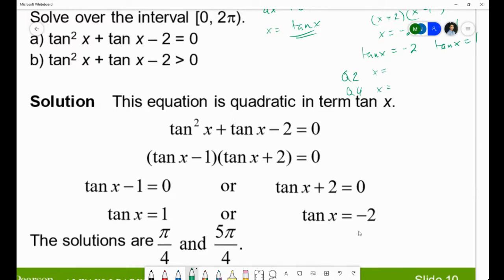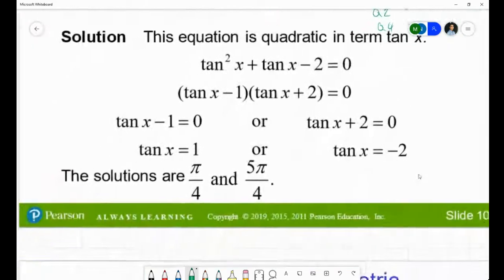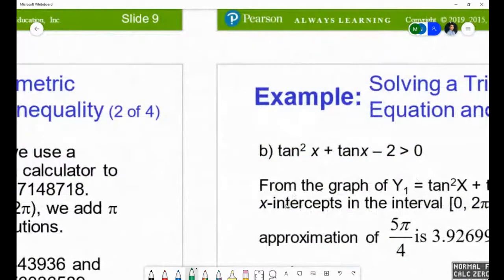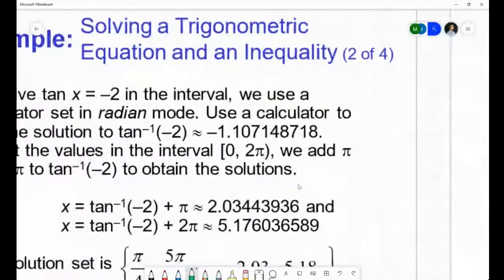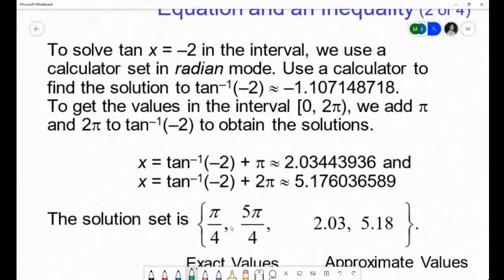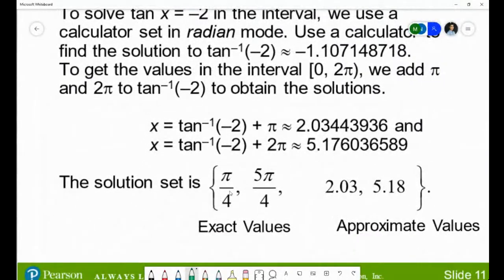Nobody got it? I got -1.107, and that's in radians. Yep, that's right. So the first one that we got was pi over 4, right? Because tan inverse of 1 was pi over 4, and it also is in the third quadrant, which is